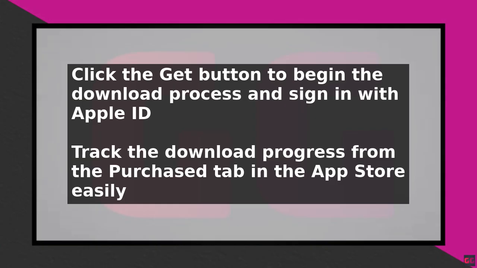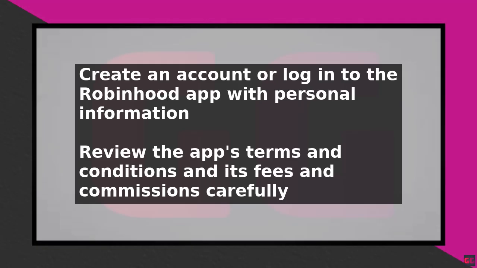investments. It is also important to keep your account and computer secure by using a strong password and enabling two-factor authentication. This will help protect your personal and financial information from unauthorized access. By following these steps, you can easily download and install the Robinhood app on your Mac and start investing in the stock market. Remember to always do your own research and consider your own financial goals and risk tolerance before making any investment decisions.